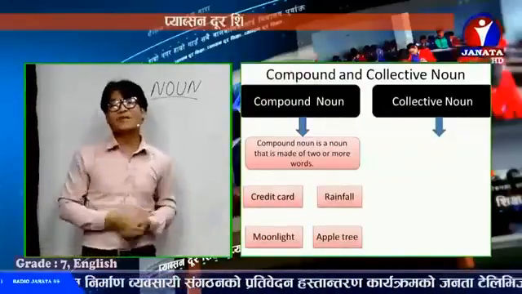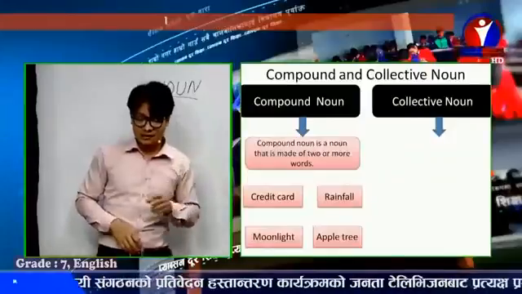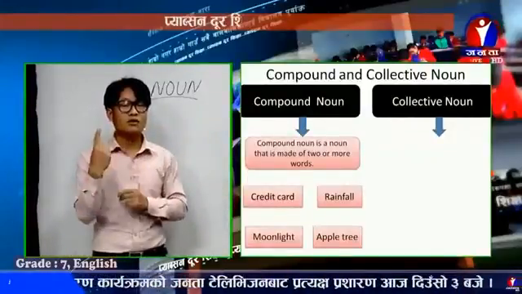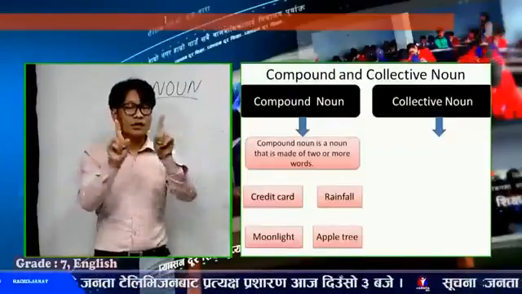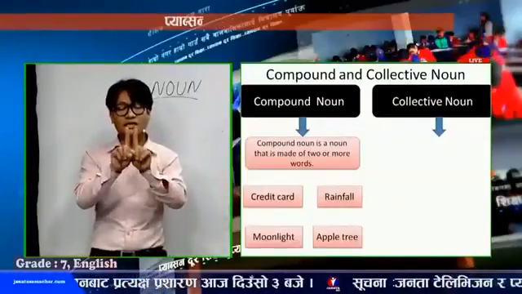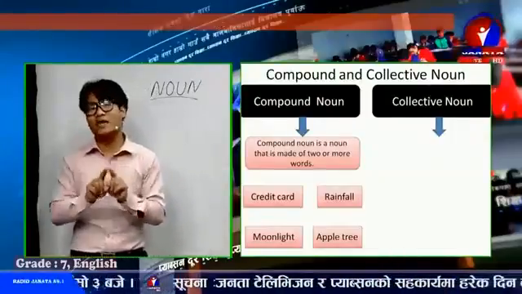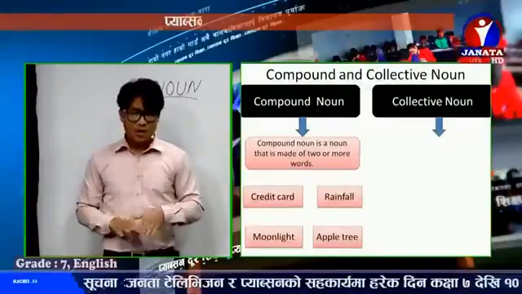You can have more examples also, like rose flower. One is rose and the other is flower. Keeping these words together, it becomes rose flower. And this rose flower is a compound noun. But what